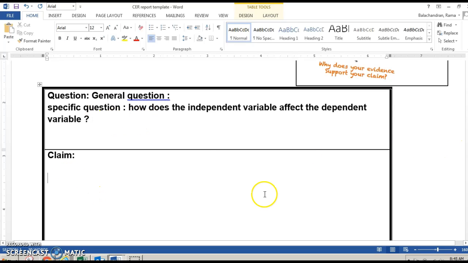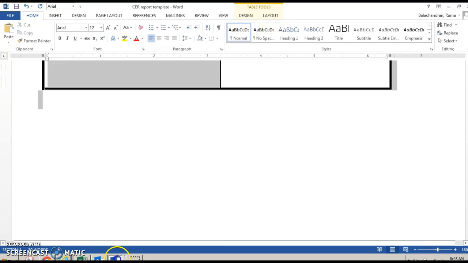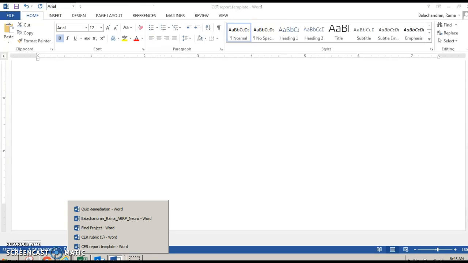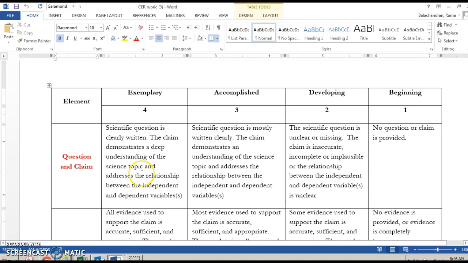Then let's go to the claim. The claim should directly answer your questions. While we're writing this, let's also make sure that we understand the rubric. So let's see what the rubric says. We only want to look at the exemplary. So the scientific question is clearly written. The claim demonstrates a deep understanding of the topic and addresses the relationship between the independent and the dependent variables. So therefore,